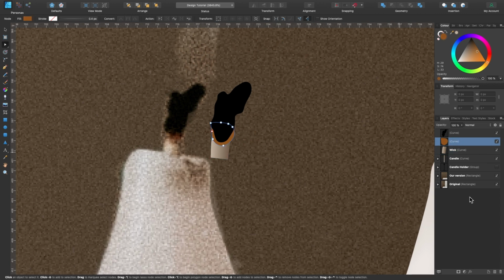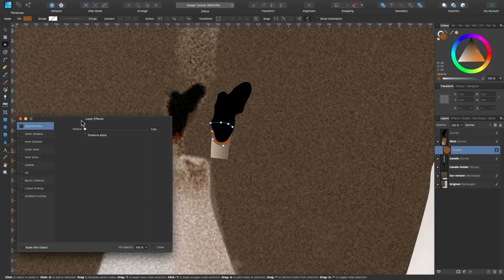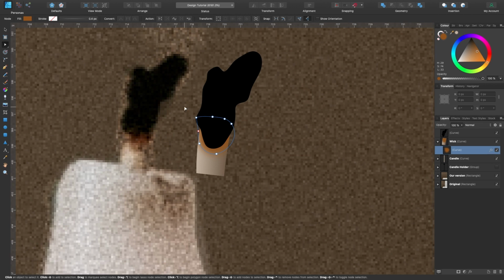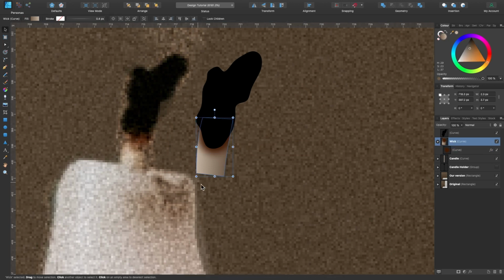We're gonna clip that inside of the wick, and we're gonna add a Gaussian blur again. It's all about the Gaussian blur, just a little bit of one. Okay, that's enough. Need to make that darker, and it's a little bit more red, isn't it? So just play around with the color. Okay, let's add this to our candle.